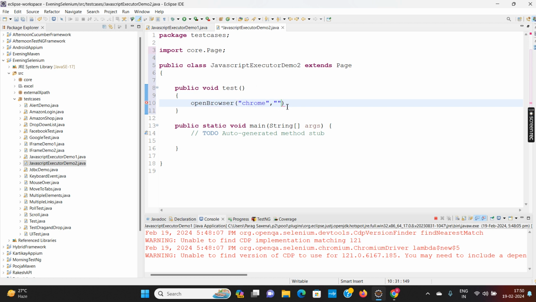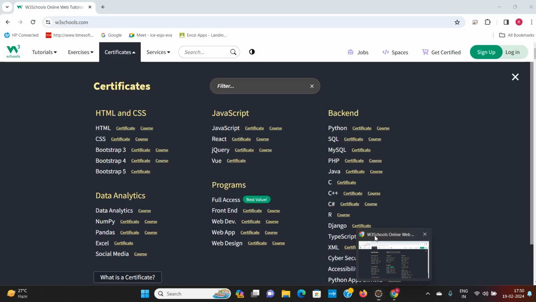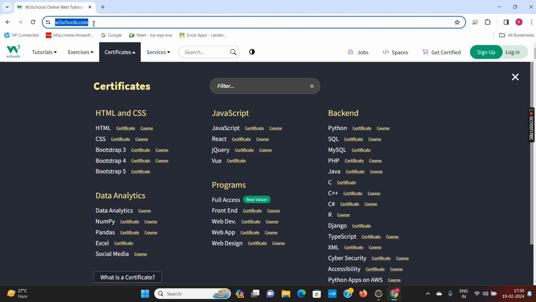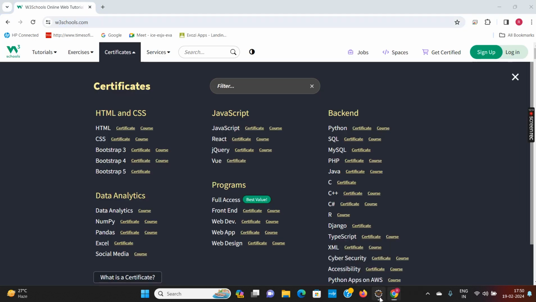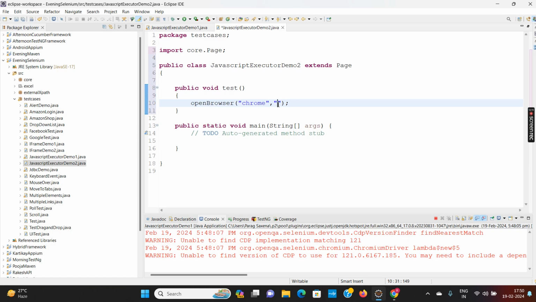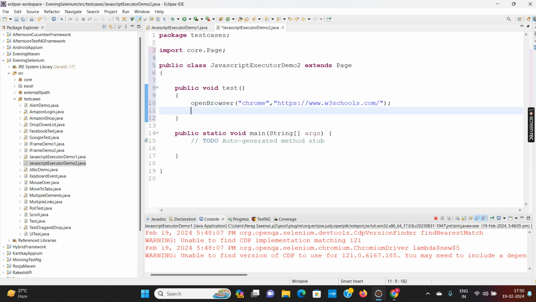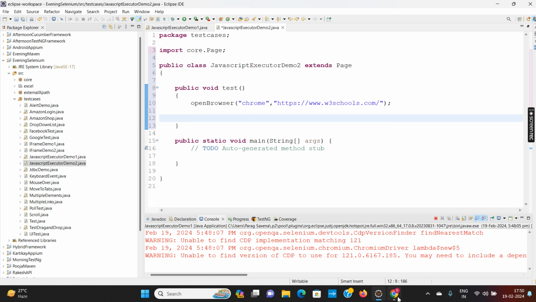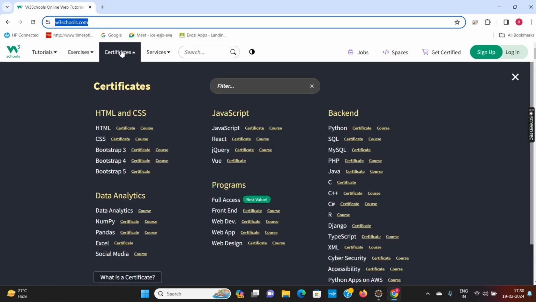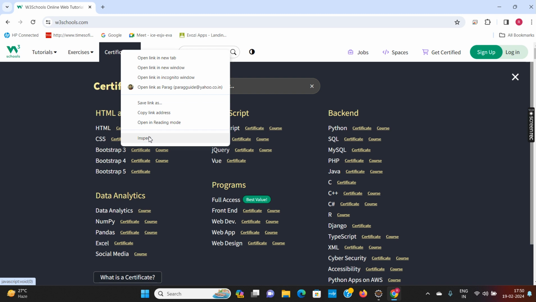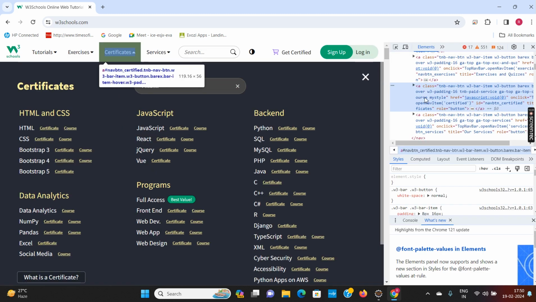and I want to visit this page, that is w3schools.com. And now I want to click on this certificates. So I'll inspect the element. I can use this id is equal to, so id is available, so I'll copy the XPath,